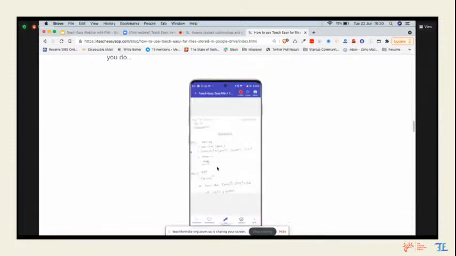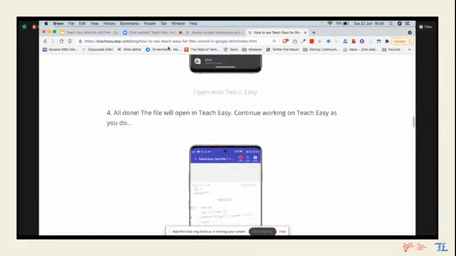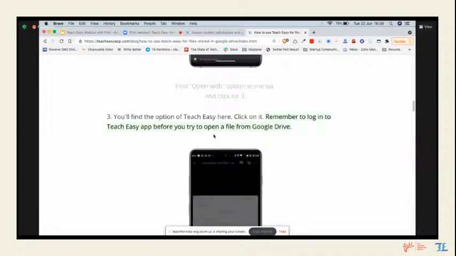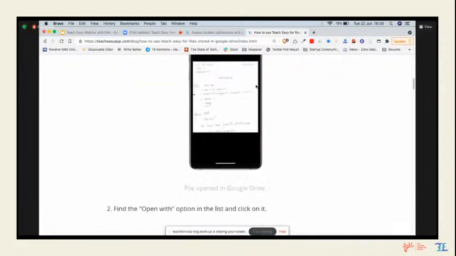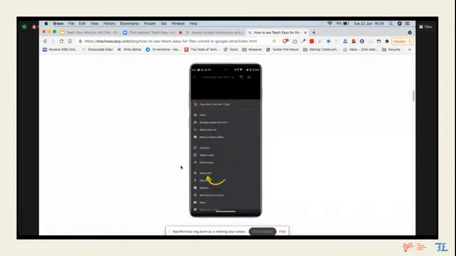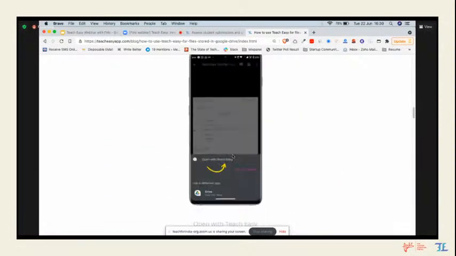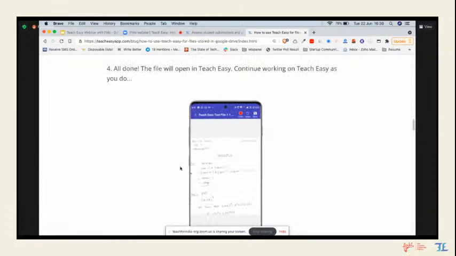So the way to work with Google Classroom along with Teach Easy right now is to open the file in your Google Drive, open with Teach Easy, and then the file will open inside your app.